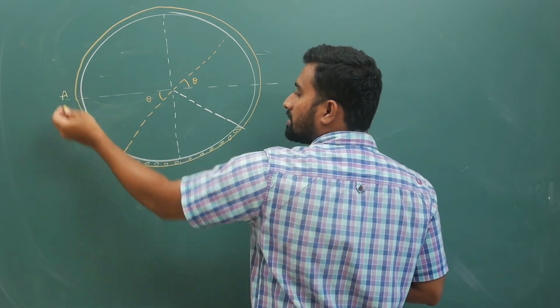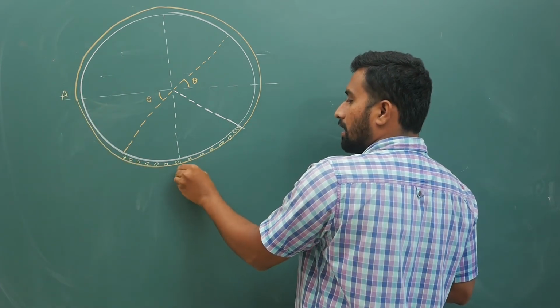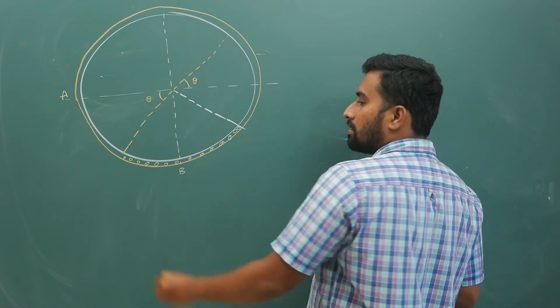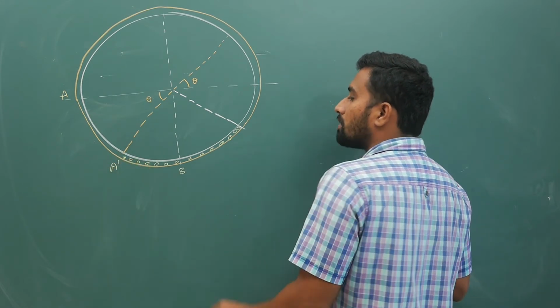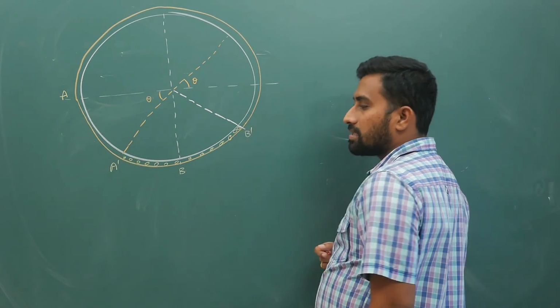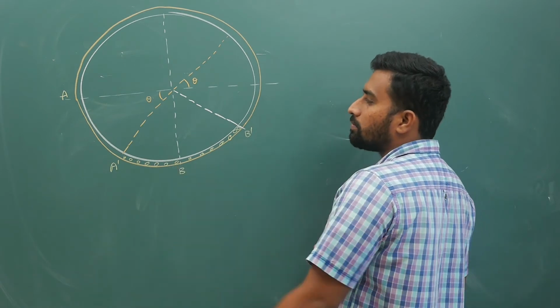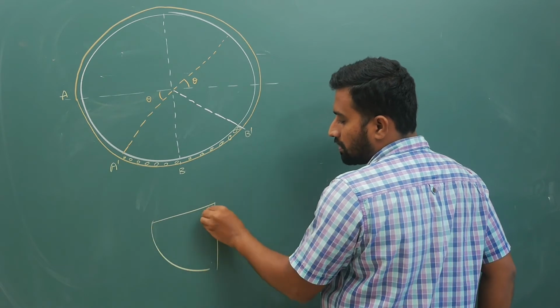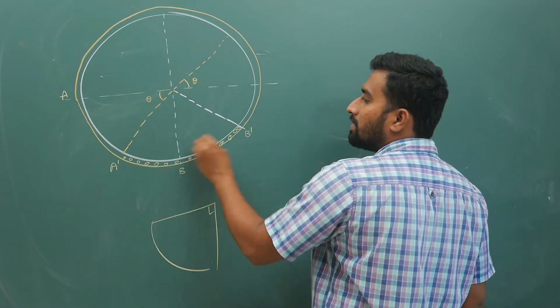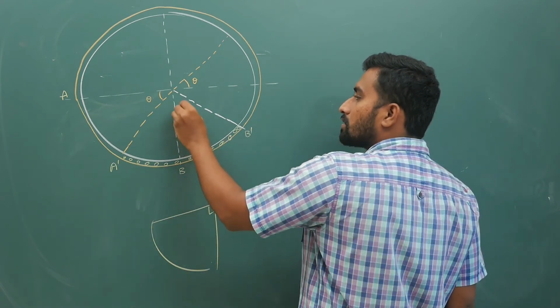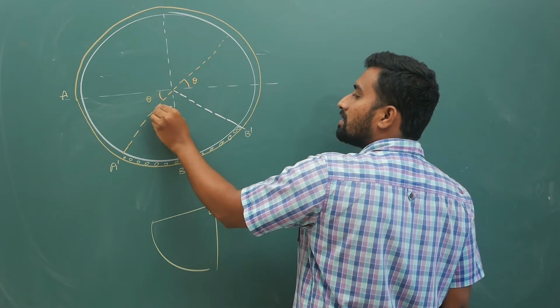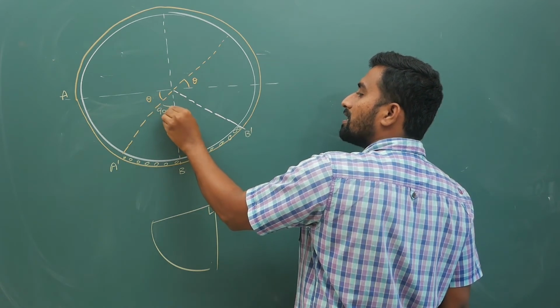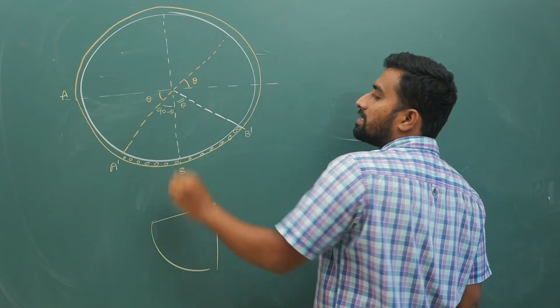If you are marking this as A and this end as B, then your liquid is coming to some point A dash B dash like this. But total length is supposed to be same. Total angle initially with horizontal, this portion of liquid, 90 degrees. So once again it will form 90. So that is the reason why this part will become 90 minus theta. This part is theta.